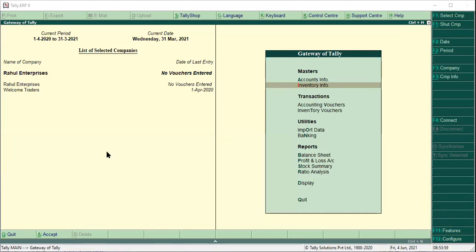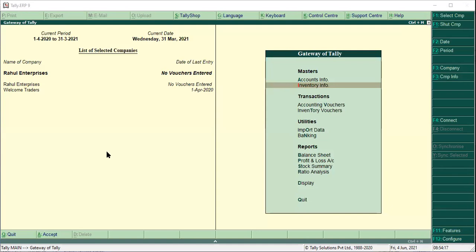What single ledger do you have to create? Purchase from unregistered dealer, party name, CGST and SGST tax ledgers. Next, you have to create a stock item, inventory, headphones.